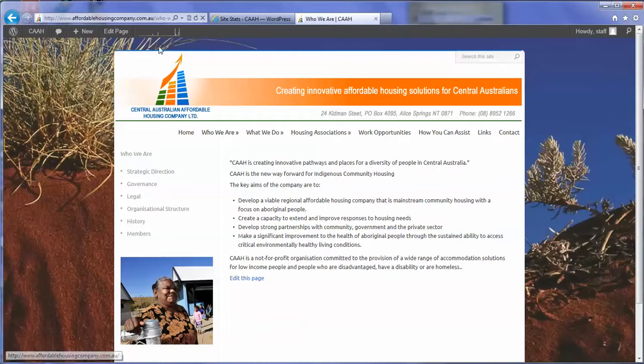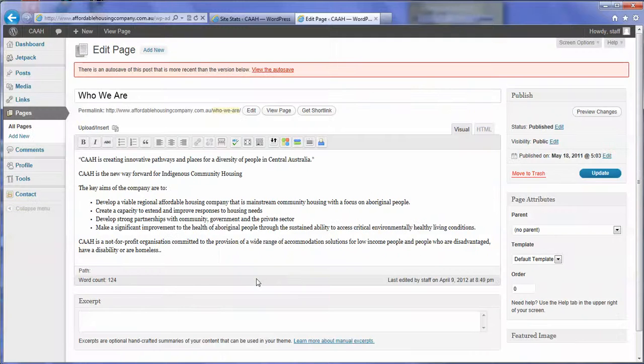They both do exactly the same thing, so it just depends on which you prefer to click on. They're both going to take you to the same spot. So we click on Edit This Page, and you'll notice that earlier I'd actually gone in and added 2 full stops after the word homeless. So let's just remove one of those full stops. So I just hit a backspace,